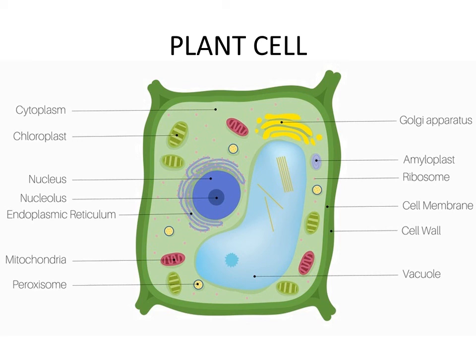So when you compare a plant cell with an animal cell, in a plant cell you find a cell wall enveloping the cell membrane and a large vacuole, and there is no central body with centrioles, no centrosome with centrioles in a plant cell, and there are chloroplasts or plastids in a plant cell which are absent in an animal cell. So this is, in a nutshell, an introductory session about the cell.